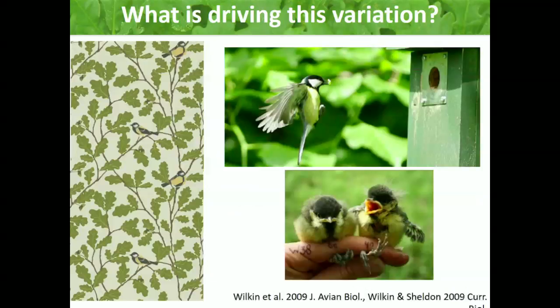So another possibility is this could be driven by change in habitat over time that could actually be constraining birds' ability to track changing climates. So we know that oaks are a key component of tit habitat, so they harbour a lot more caterpillars than any other tree species. And work in our population shows that tits breeding in very oak-rich areas will bring more caterpillars back to their young and will also fledge chicks in better condition than those nesting in oak-poor habitats.